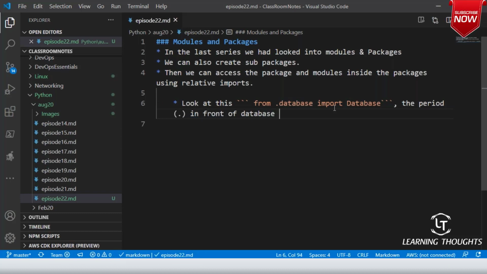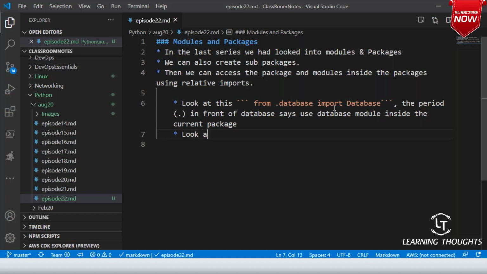What is it trying to tell? It says use the database module inside the current package. Current package is the same directory. Am I clear on this?